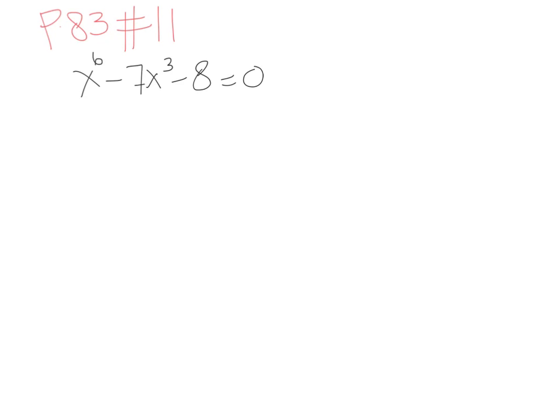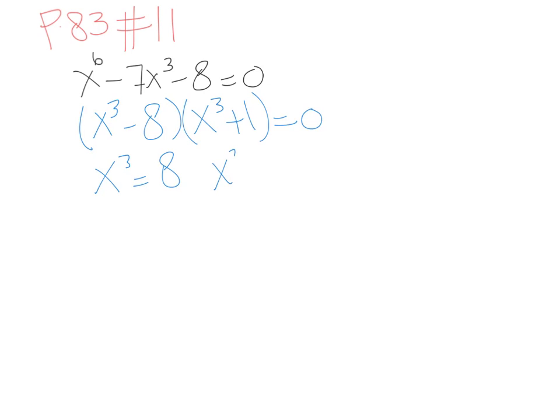So first of all, how you maybe would approach it is to factor, because it does factor. And that's what you're gonna get: x cubed equals 8 and x cubed equals -1. You're gonna cube root. That will give you 2, and that will give you still -1. So those are the real roots, and that's okay if you're graphing. It's not a big deal because if you look at the graph,